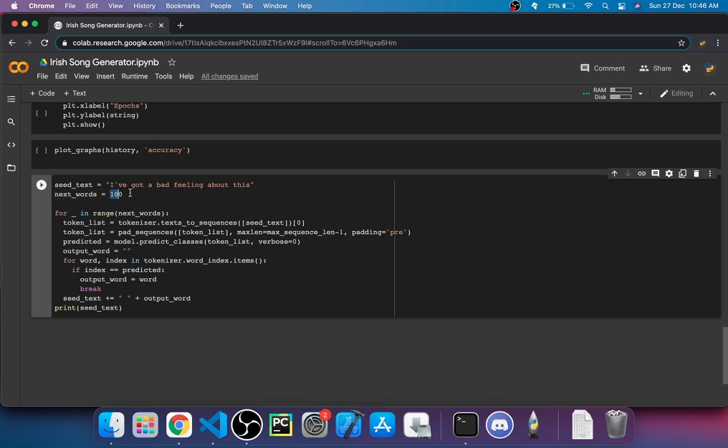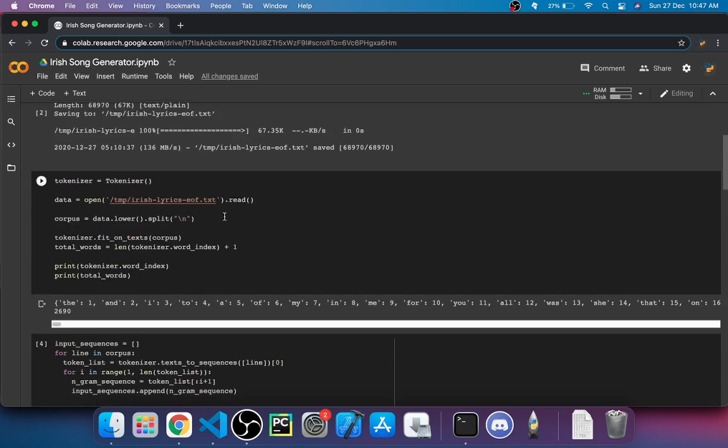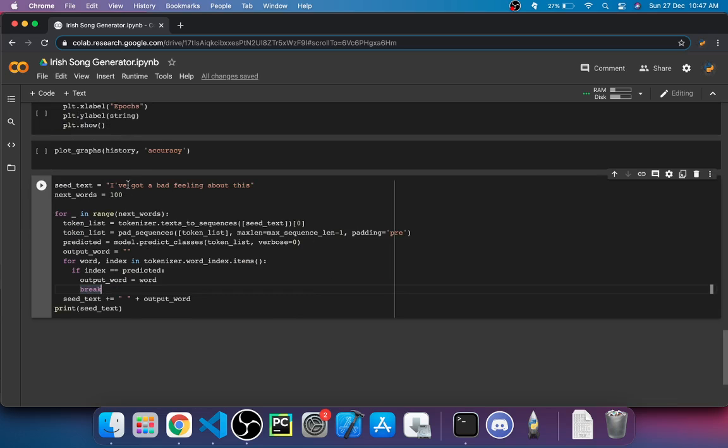The next words are 100, and then in the for underscore in range next words loop, we are converting the seed text to a sequence, doing what we had done up top, but to the seed text that we have provided, and then we take an output word. For every word index in the tokenizer word index items, the things that we created up top, we are just taking the word and printing it out to the screen.